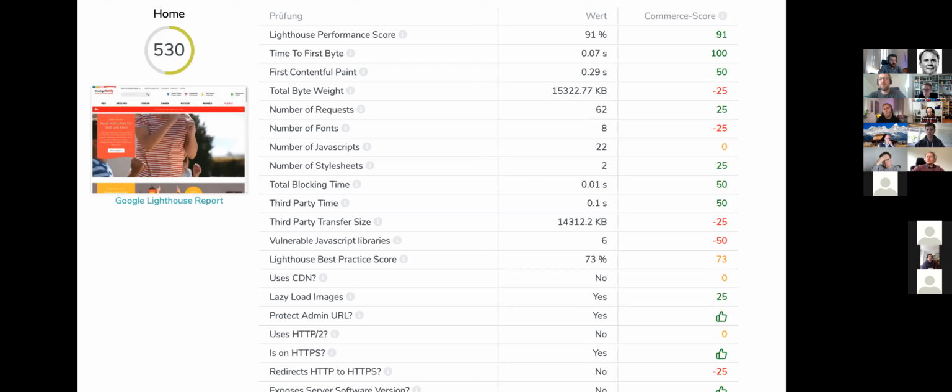And the other thing that we were able to do with the scoring rules here is that we were able to help you prioritize which of the metrics are very important to fix and which of the metrics are maybe nice to have. And this we have achieved by assigning a particular score to each of the metrics. The scoring rule is transparent, so you can just mouse over the I for information icon, and then you will see the